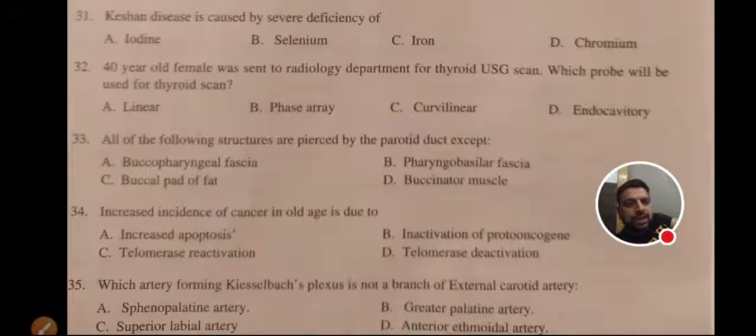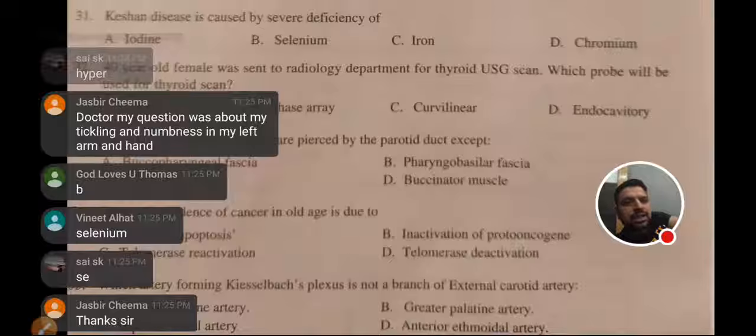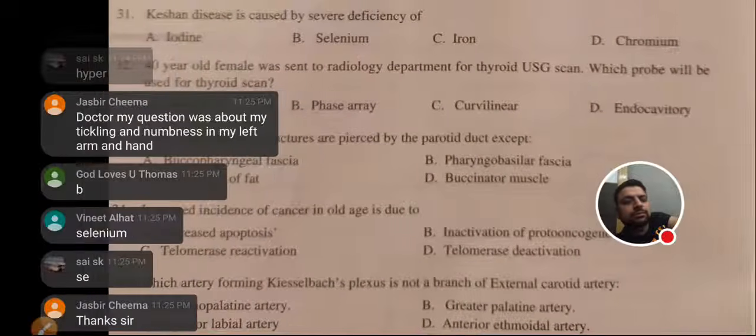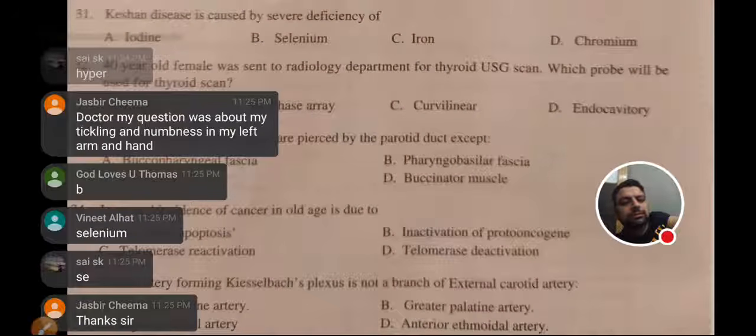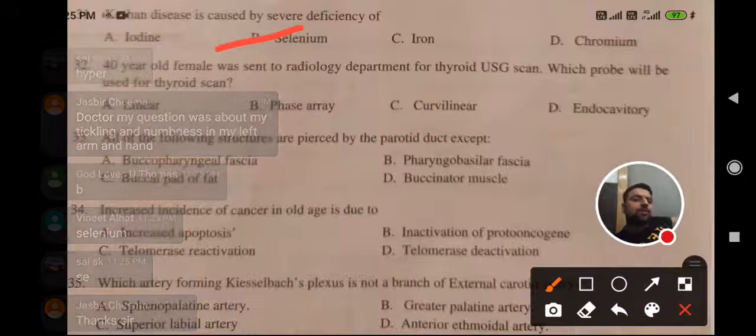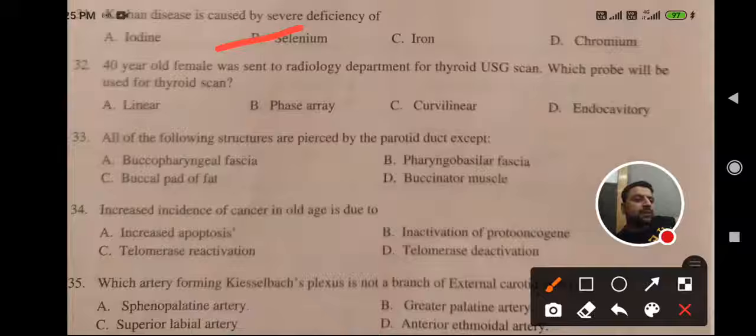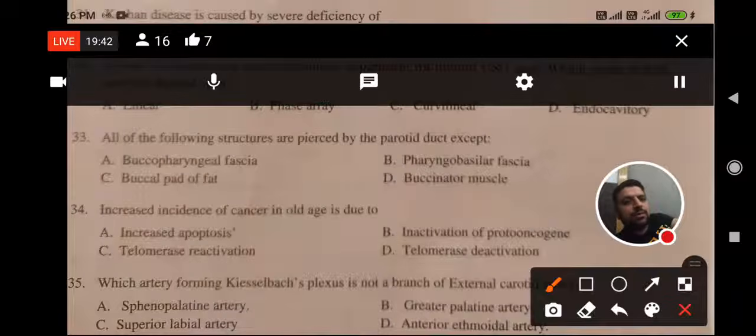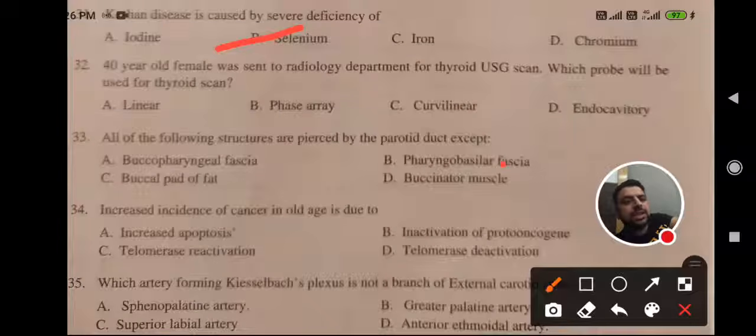So the answer here is selenium. A 40-year-old female was sent to the radiology department for a thyroid USG scan. Which probe will be used in thyroid scan? The probe which is used in thyroid scan is